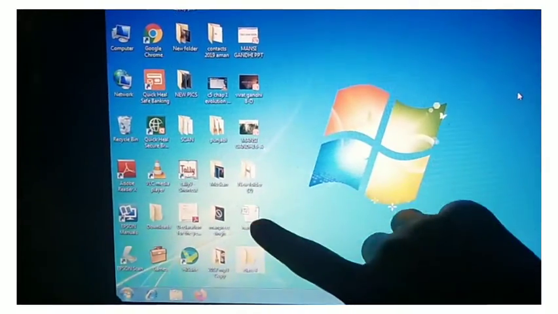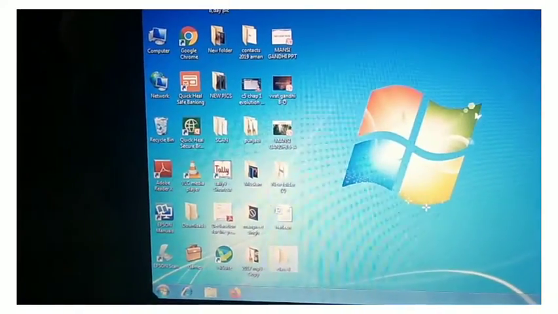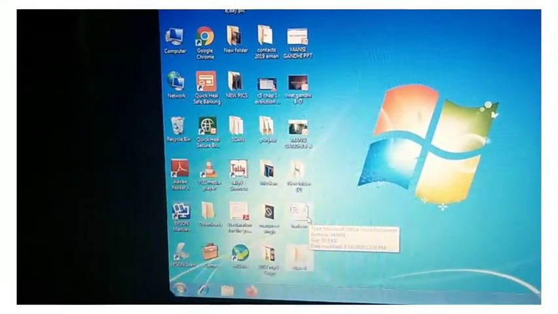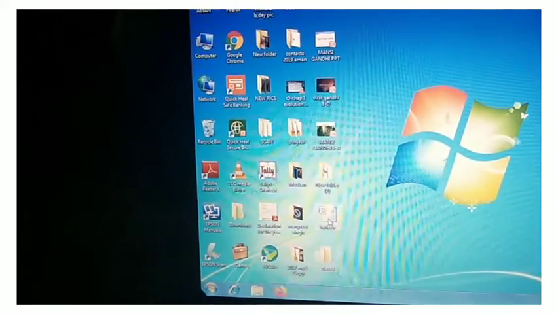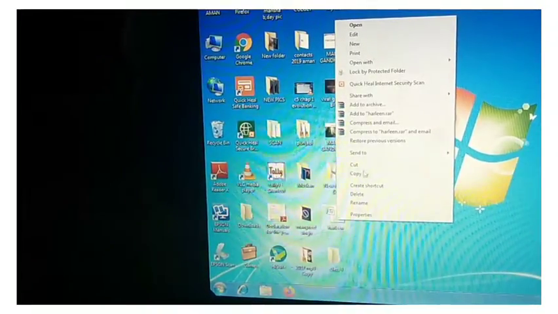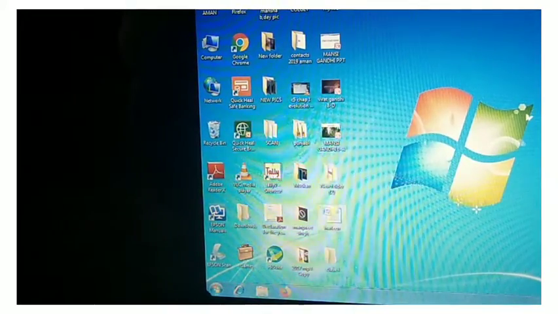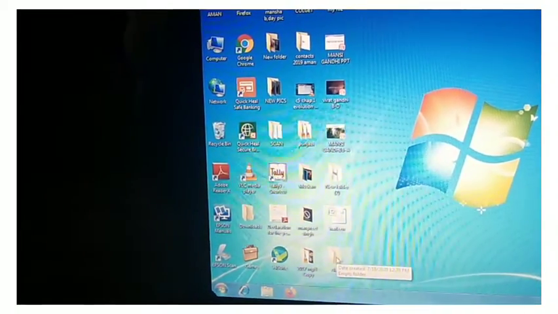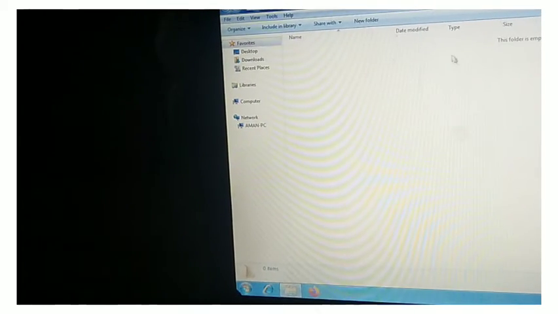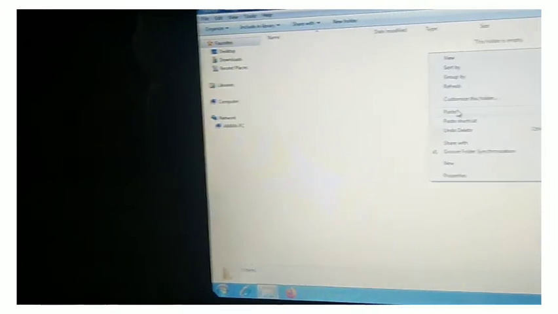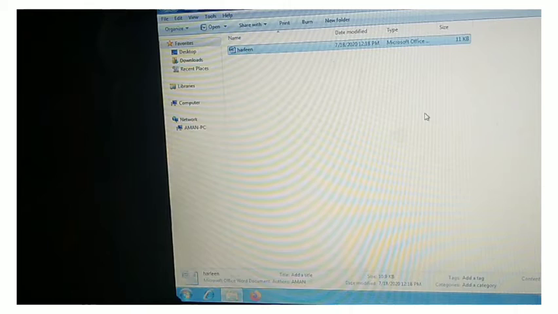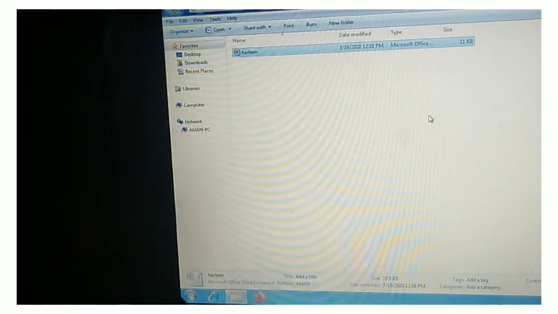Suppose I want to copy this file into this folder, how will I do it? First of all, see, I'll just right click on this file. I'll not rename it, I'll press on copy. See, I pressed copy. After that I have to move to the folder. Then I'll open this folder. What I will do over here is that I want to paste it over here. I'll right click on it and you can see the paste option over here. I'll paste it. See, the file has been copied over here. I have just copied it from there and I have pasted it over here.